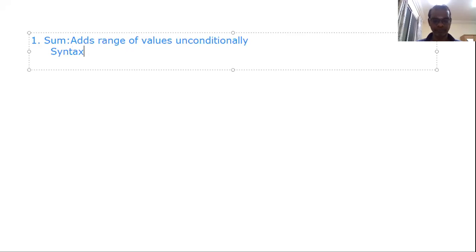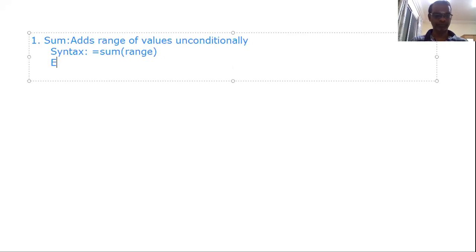Syntax: equal to SUM, open bracket, range. That's all. Range of values, or range, you can say. Example: equal to SUM, open bracket, C2 colon C10.